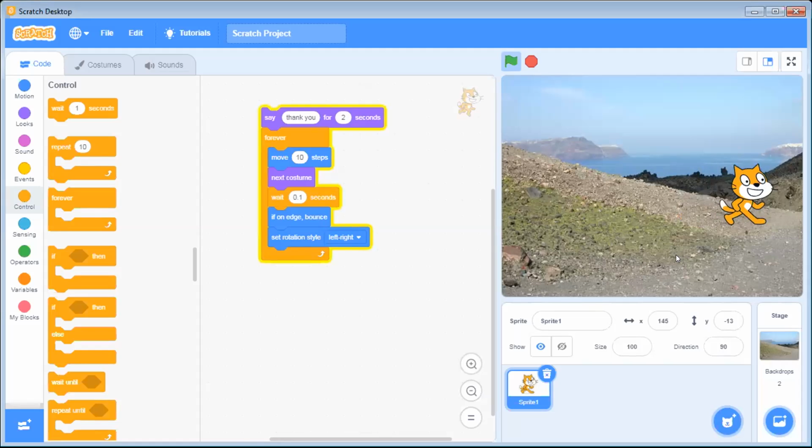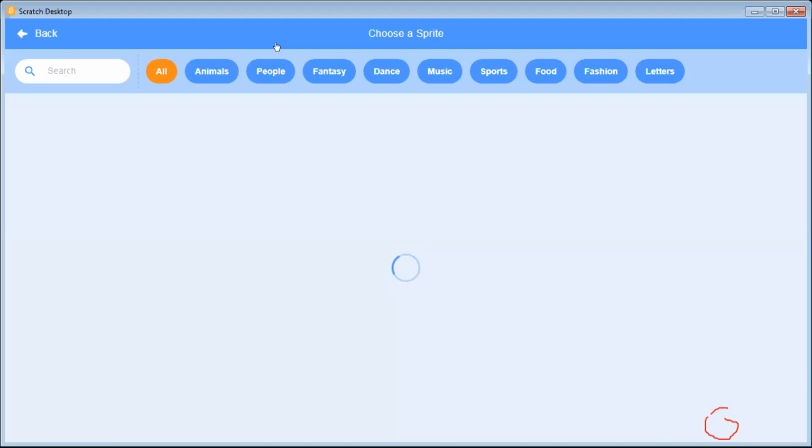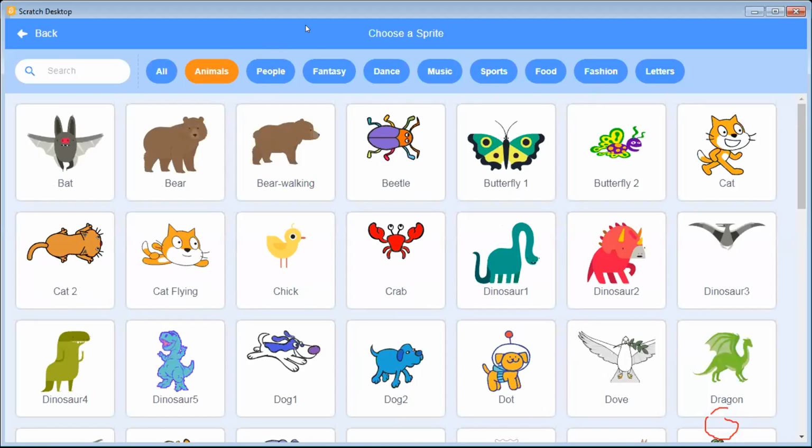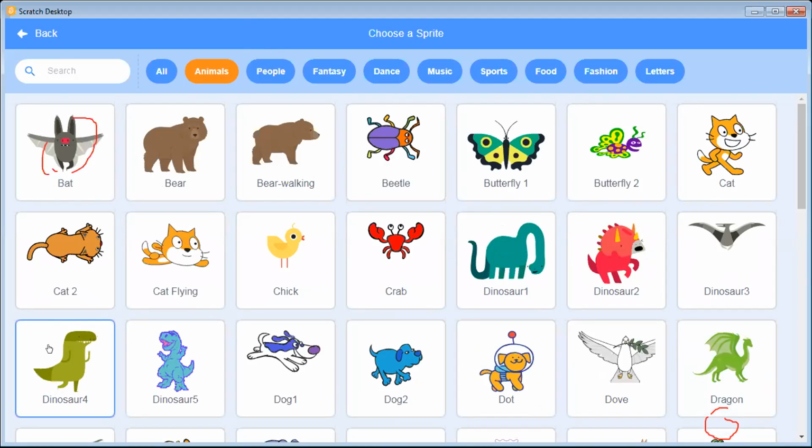Very nice. You have chosen a very good background. Now what we will do, Agam, we are going to add one more sprite. Go over here and select another sprite. And let's select something with which we can scare the cat. Go to animals, and let's see with which the cat may be scared. Something like, do you have bat or something? Yes, bat over here. Which one do you think the cat will get scared? The dinosaur. Okay, select dinosaur then.